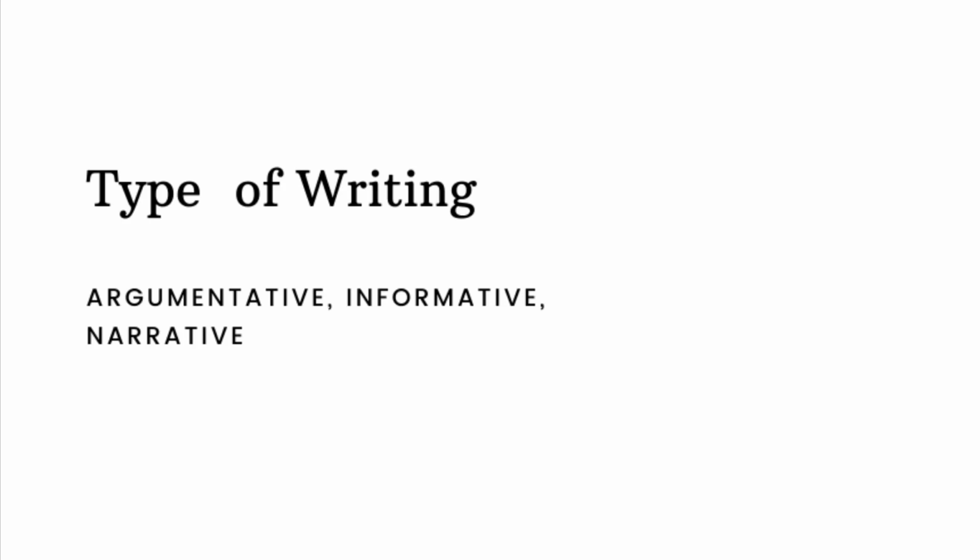It's very important to know what type of writing you're using: argumentative, informative, or narrative. The narrative is the one that I chose because I was focusing more on something that happened to me, a sequence of events. The informative focuses on explaining your central idea or your thesis. And the argumentative is where you focus more on defending your position and arguing about something.